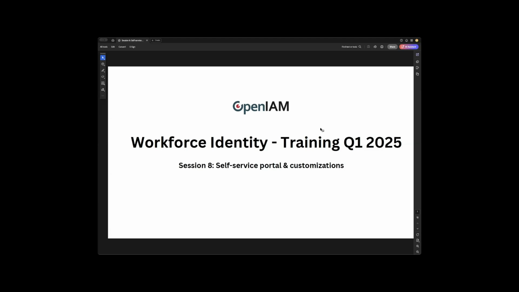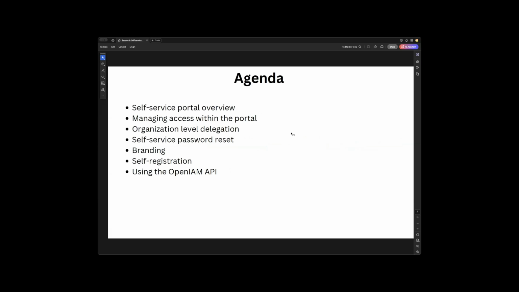We're going to talk today about the self-service portal and how we can customize it and some of the options available there. So we've been talking largely about the IGA capabilities around user lifecycle management, the access request capabilities, the workflows, the access reviews, and all along we've been using the self-service portal, but we haven't really talked about how we can control the level of behavior that we have there and how we may want